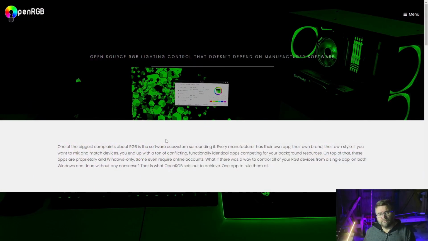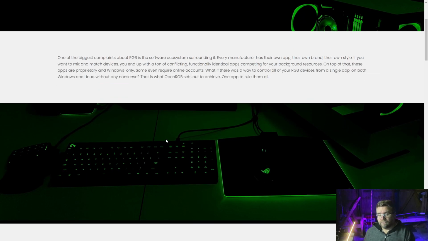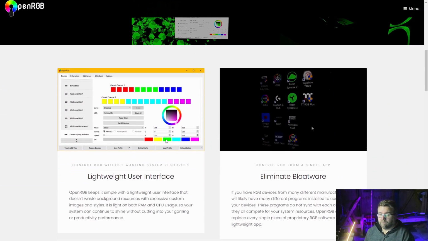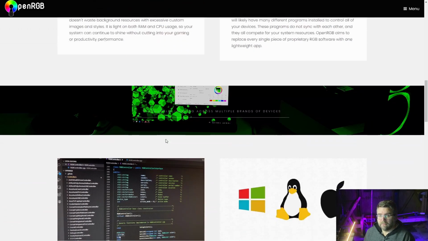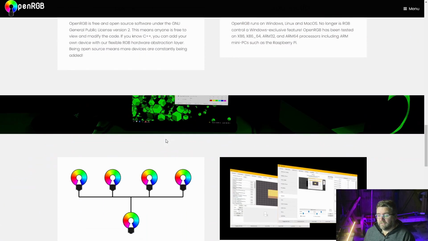Hi there, in this video we will be adding OpenRGB to your WLED project. If you're not sure what OpenRGB is, it's a project which allows you to control RGB devices or peripherals connected to your computer, like RAM modules, fans, mice, keyboards, all those things have got RGB lights. You want to be able to control them, you can use OpenRGB to do that. Not only can you control